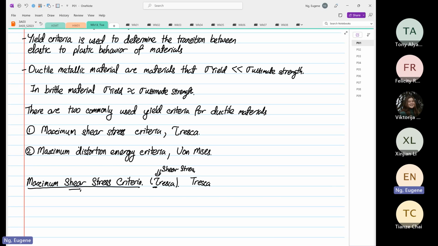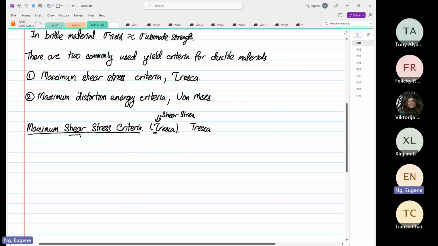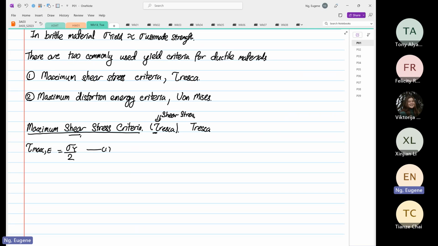So the first thing with Tresca criteria is tau max experimental is equal to stress yield divided by 2. This is the first equation for Tresca criteria,